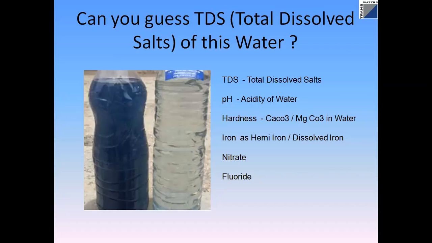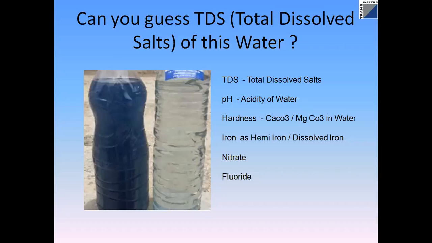These meters have electrodes, so it passes electricity and measures the total mineral content in the water, not just the hardness, all minerals together. So basically TDS is higher than the hardness. TDS is total dissolved salts in the water. Today we will discuss total dissolved salts and the parameters which I have listed below.